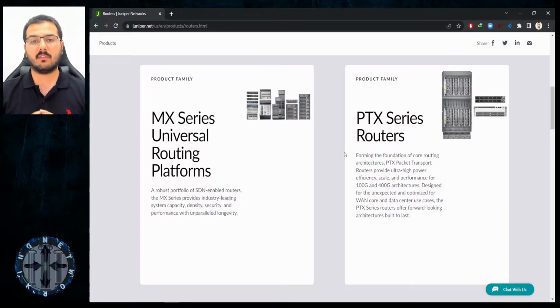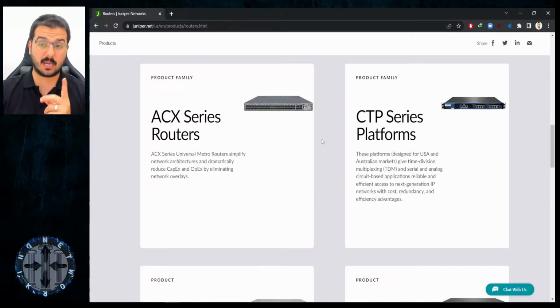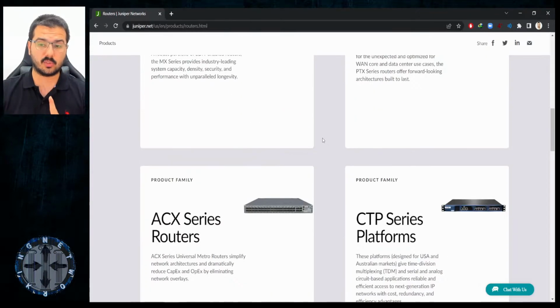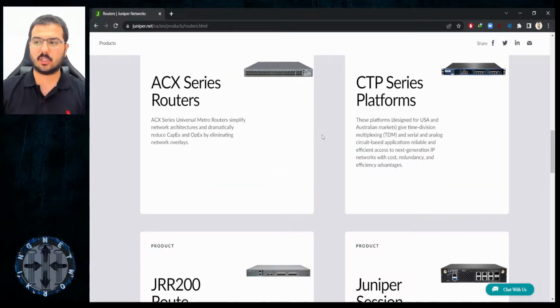So you will understand, even if the device is small, it's still super expensive and highly capable if it is a PTX. While small devices from MX are like small devices from an ASR 1000 or an ISR 4000 or an ISR 1000 from Cisco, and that will be for a campus or an enterprise network. So there are mainly two lines of production that you are most likely to see. There are some extra lines of production that you might or might not see, depending on the region you're operating in, and on the resellers and distributors surrounding you, whether they will import it or provide it, and whether you would need it or not. But still, they are routers manufactured by Juniper.